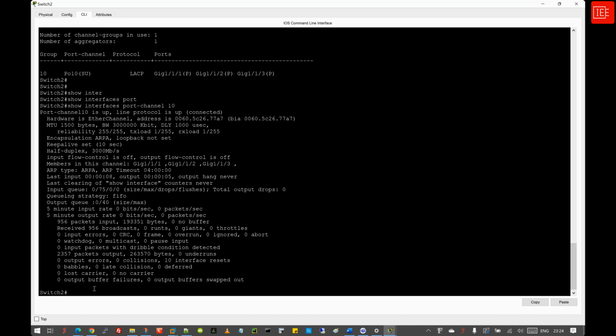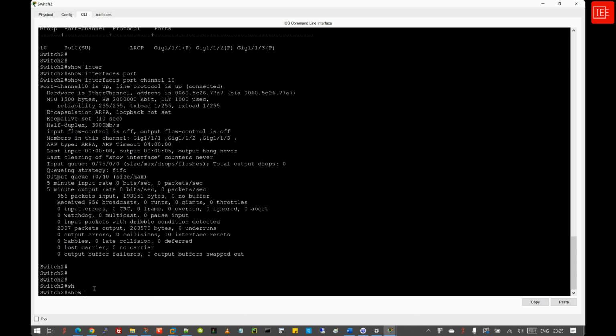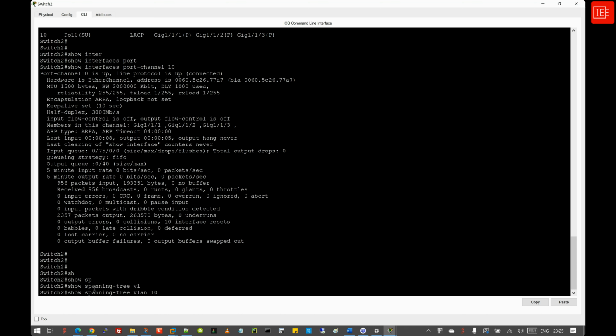And the next one is we are going to execute the command related to spanning tree to display the spanning tree information regarding VLAN 10, VLAN 20 on switch 1 as well as switch 2. And let's see the difference and do some comparison. So on switch 2, if you remember previously when we issued the show spanning tree VLAN 10, for example,